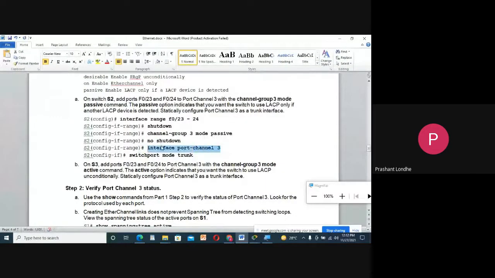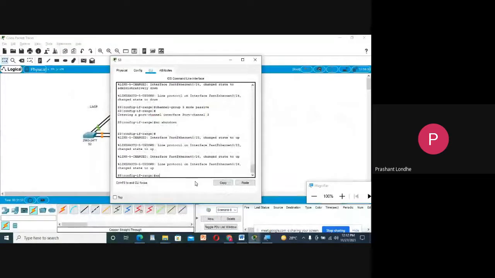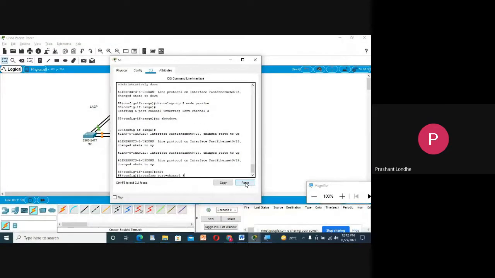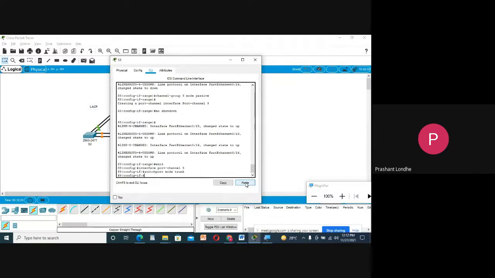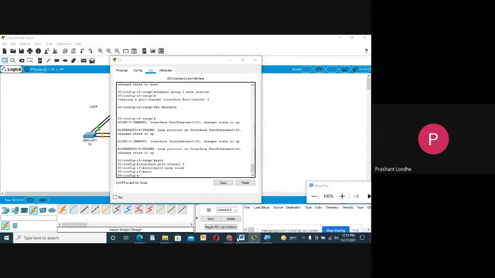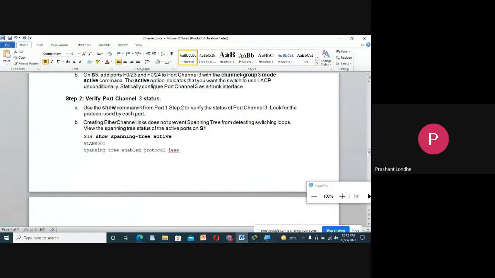Interface port-channel 3 and switchport mode trunk, exit. Now here we have to verify the port-channel 3 status.